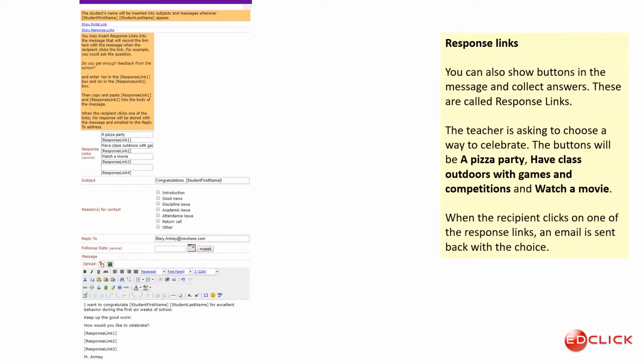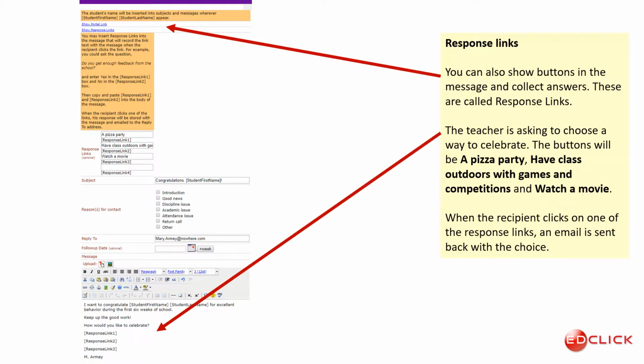Response links. You can also show buttons in the message and collect answers from your recipients. These are called response links. In this example, the teacher is asking for students to choose a way to celebrate their good behavior. The buttons will be a pizza party, have class outdoors with games and competitions, and watch a movie. When the recipient clicks on one of the response links, an email is sent back with the choice,